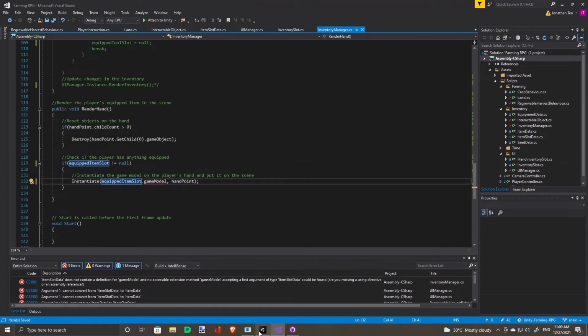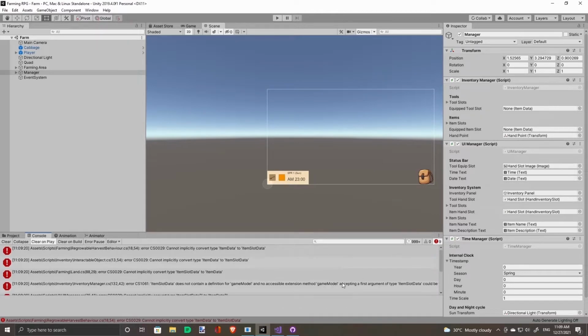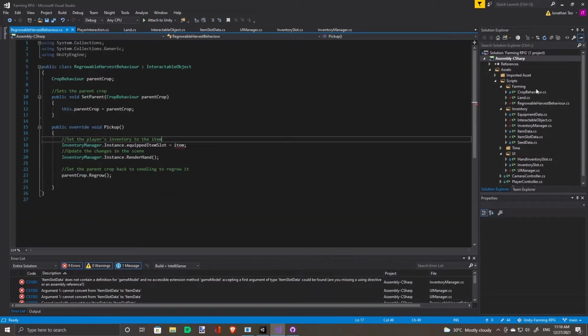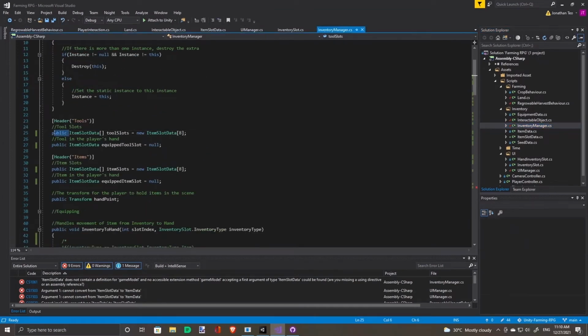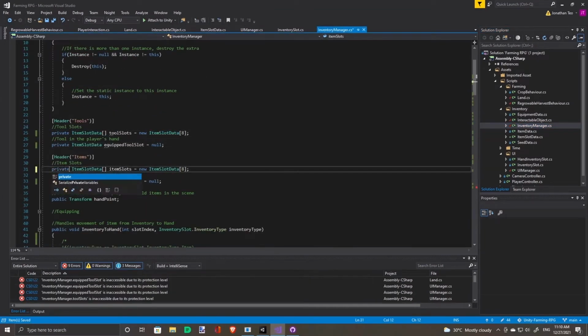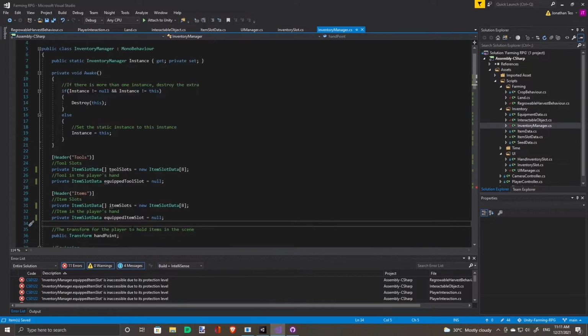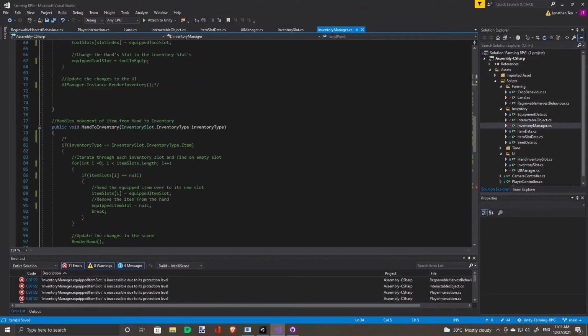Now, the reason why we have so many errors across the project that extends to more than just the inventory manager is because we have not encapsulated enough of our code. So the moment we change something, we have to do a lot of refactoring, change a lot of things. Let's go back to the inventory manager. This should be private. So in future, if we were to change any of this again, we just have to refactor our code within the inventory manager. So everything is confined here.